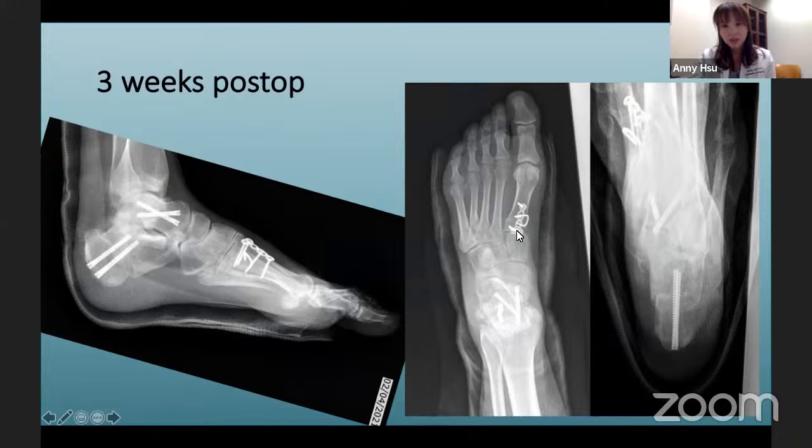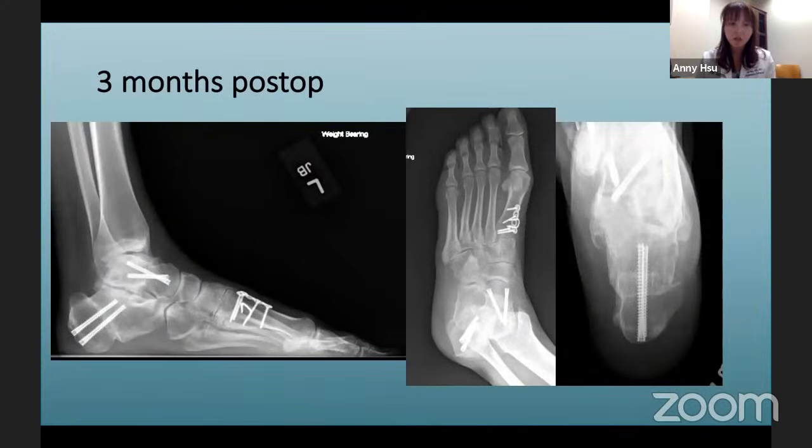And I used a dorsal plate as well as a 9 staple to help compression across the metatarsal osteotomy. And 3 months later, she's now walking and able to run. She does not have any pain, and her ulcer, I did not do anything to address the ulcer, but just by merely offloading, the ulcer is now gone.